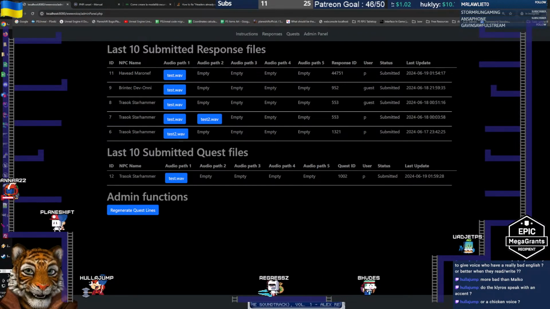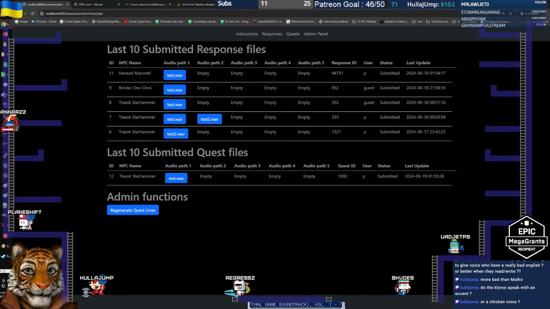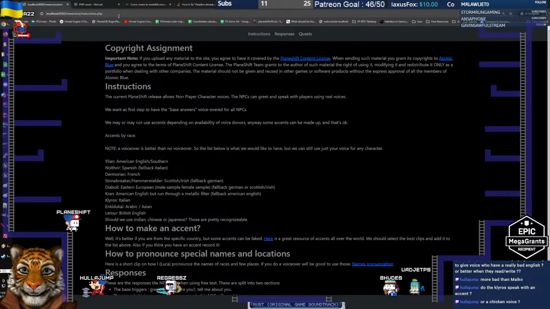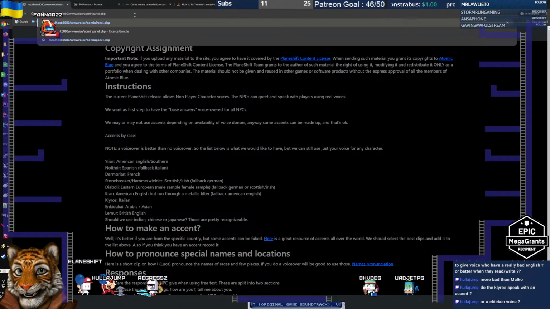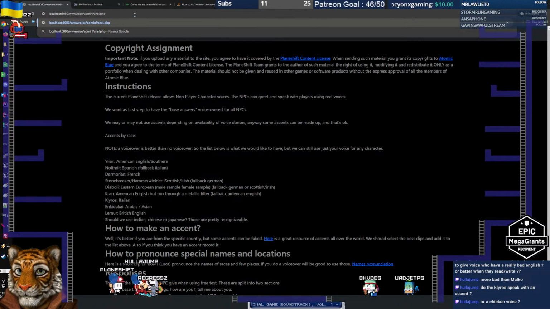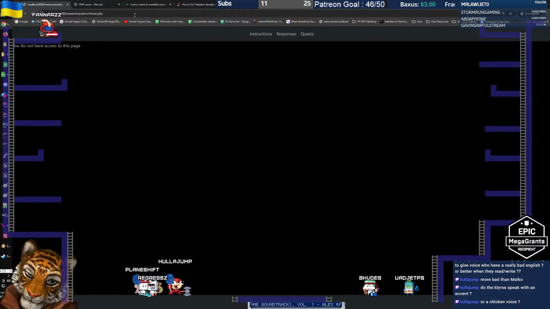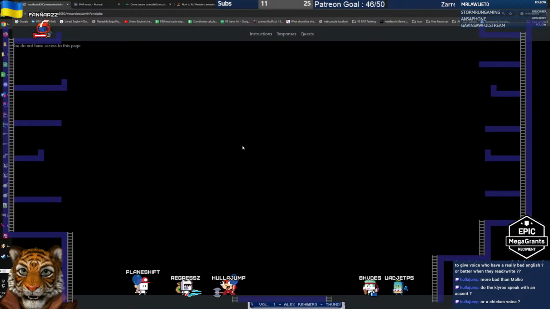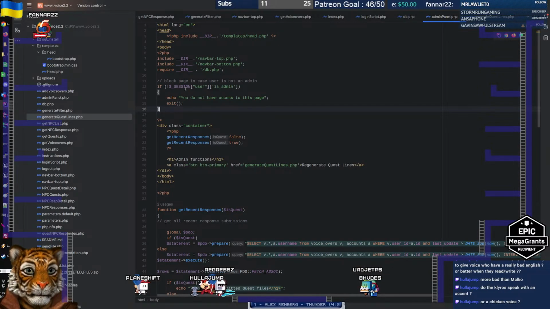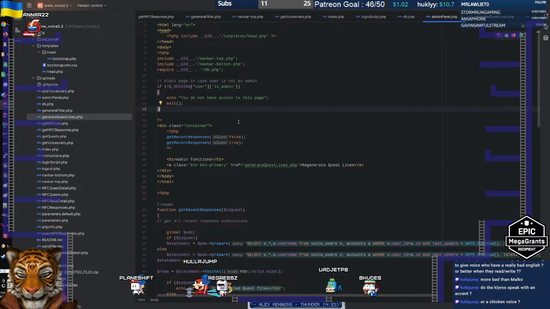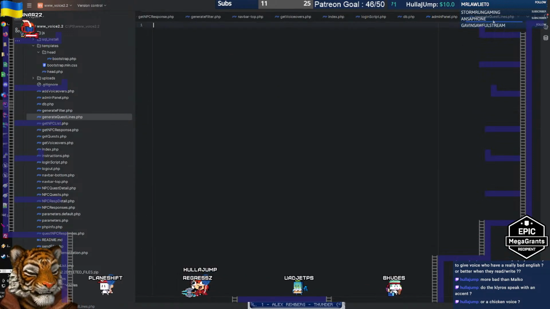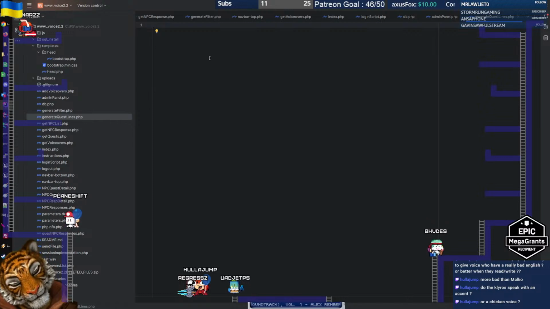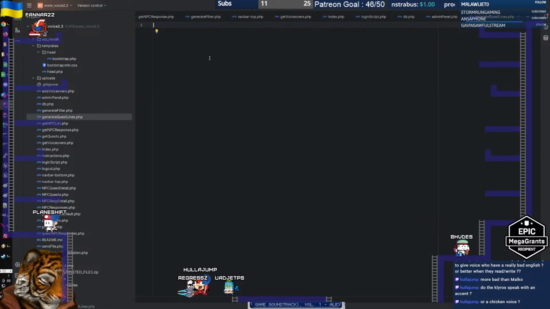So I'm logged as P. No, P is the admin. I'm logged in as guest, right? And I try to go manually to the admin panel, even if in theory I cannot. But I want to go. Okay, perfect. You don't have access to this page. GG. Okay, fantastic. So we also blocked this potential security glitch. Now, I don't think anyone will try to hack our voiceover NPC lines website, but you know,